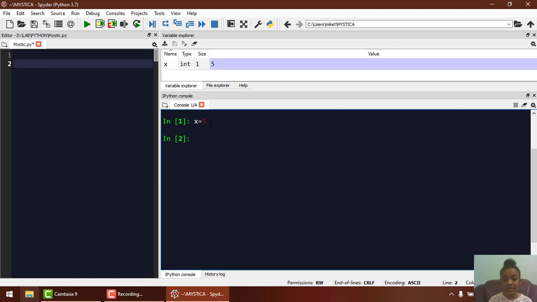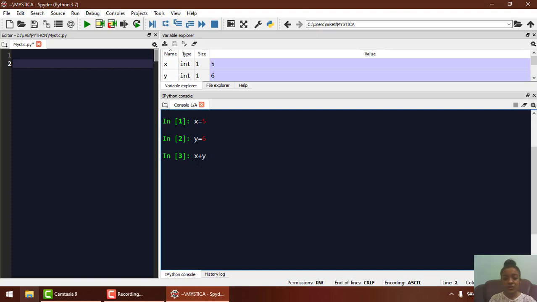In the next line, I am using another variable y, and I am giving it a value of 6. So the value 6 is being saved in the variable y, and in the next line I am going to add both of them using the addition operator plus.